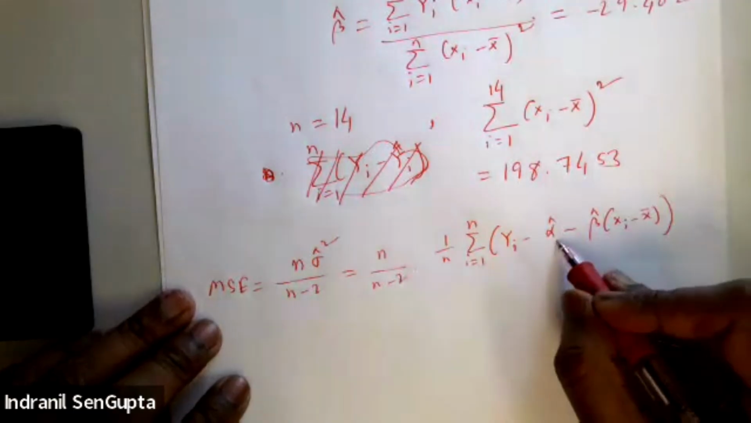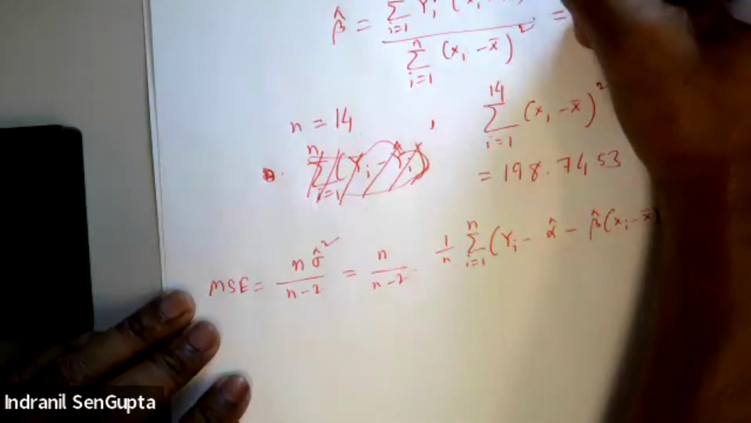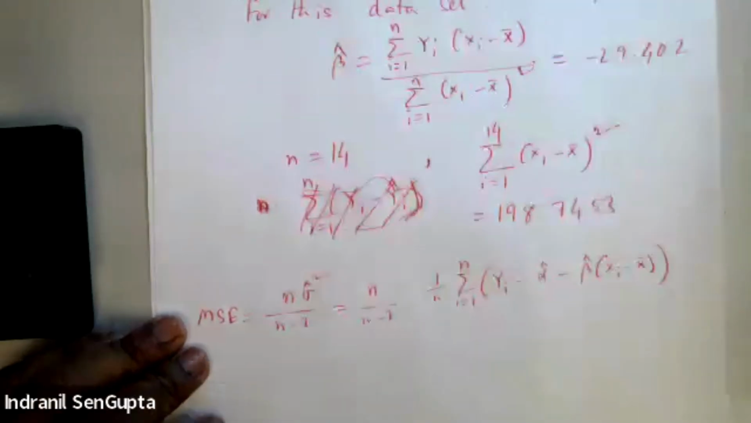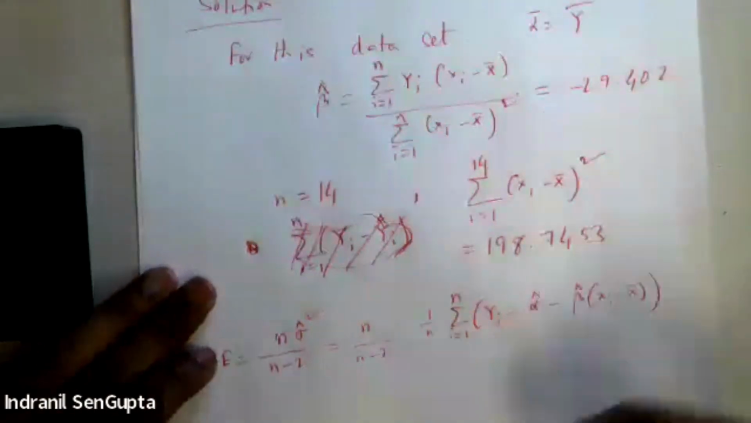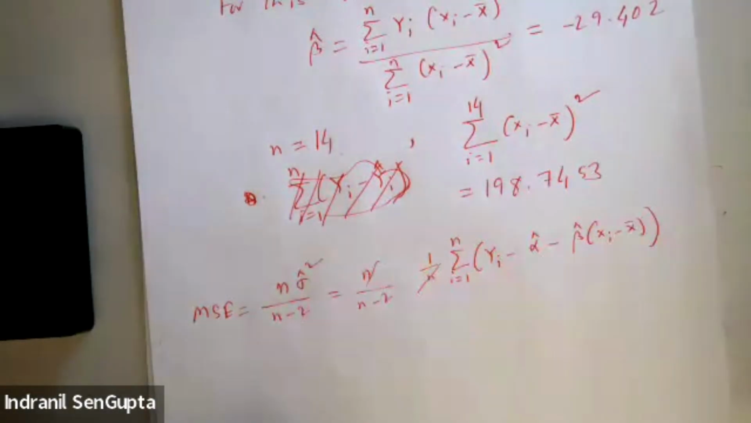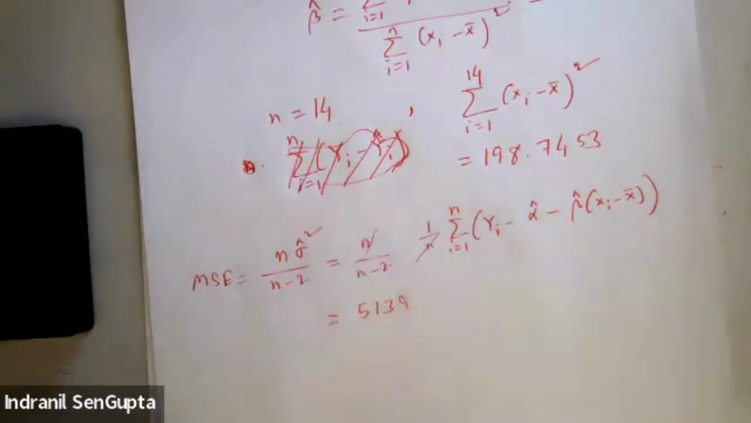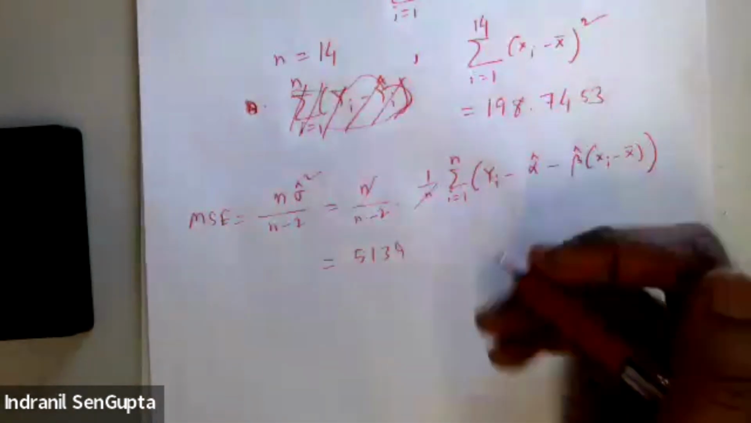And you can, of course, compute alpha hat as y bar from the data. So you can substitute everything here, and you can compute this MSE to be 5139. And hence we are done. So therefore,